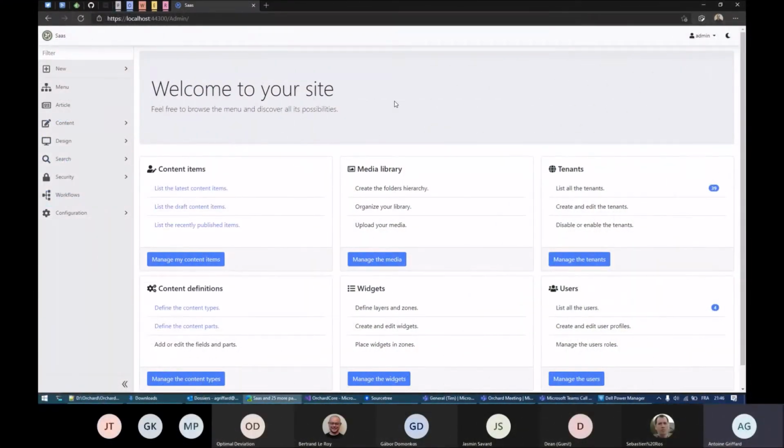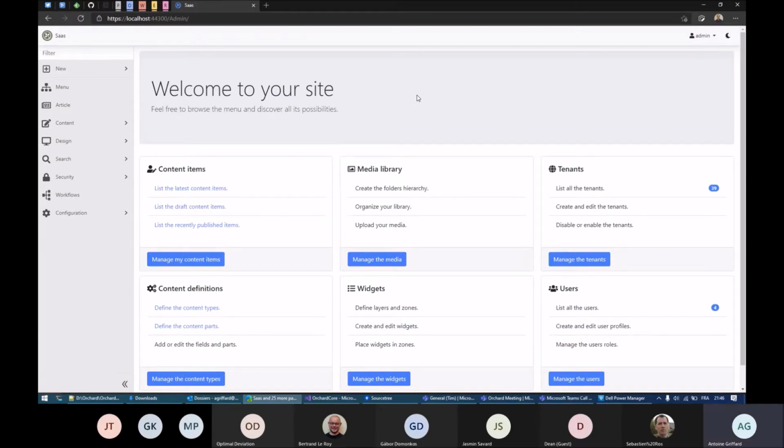So the demo is about the admin dashboard. Oh, the nice card. What is that? This is the first page when you go to the admin. Previously, is it committed or is it new? Previously, it was just "Welcome to Orchard." Is this something that is already merged? No, it's yet to be used.